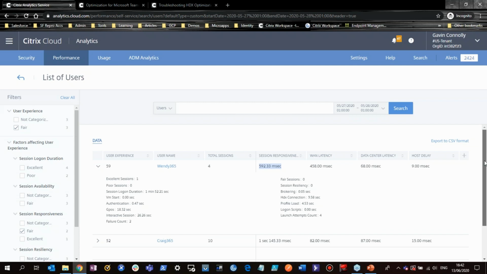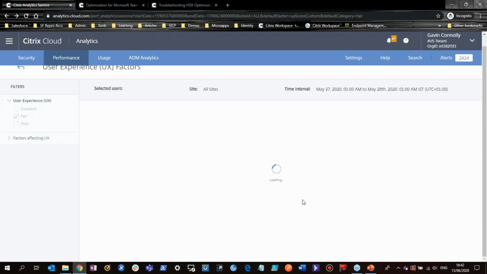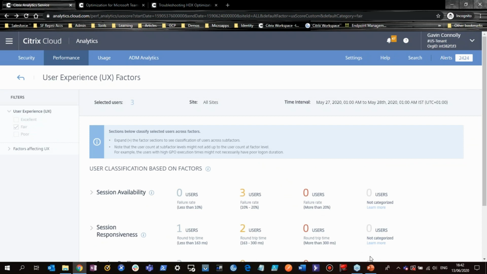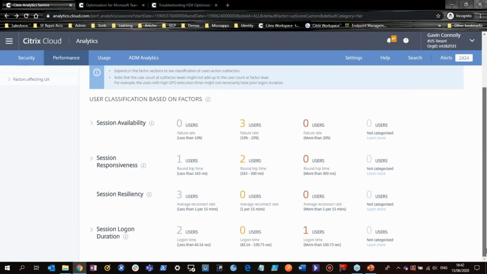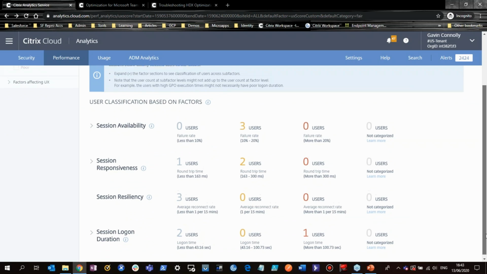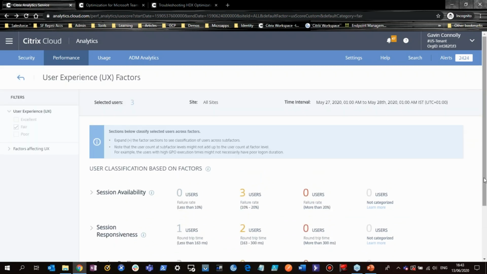So I could actually, as Gavin said, proactively look at that and go, okay, we need to sort out that lady's Wi-Fi. We need to sort out what's going on in our house. We need to get her a separate link, whatever we have to do. It's allowed me to see those poor experiences without a total failure. And I think that's very key for having a really good user experience when your workforce is now remote with COVID and everything else. What is their user experience like? I think this is fantastic for letting us see that poor but not gone experience. So just something I wanted to show.